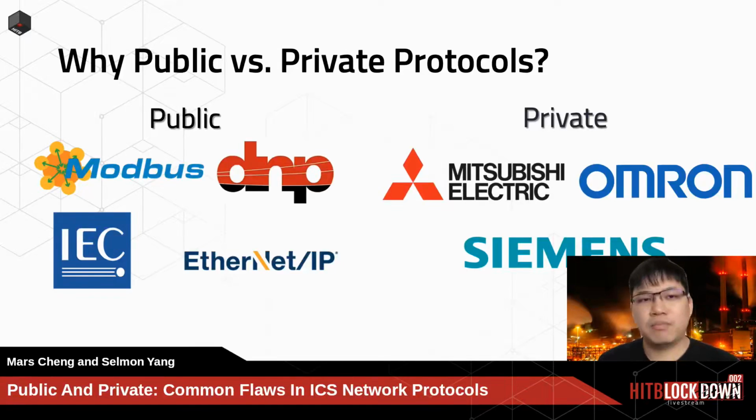And the private protocols, on the other hand, are developed and defined by various industrial control vendors. Basically, the contents and the specification of the protocols will not be disclosed to the public. It means that attackers usually have to use time-consuming reverse engineering or network protocol analysis if they want to write exploit code. So it's very time-consuming if they want to perform attacks on private protocols like Omron, Mitsubishi, Siemens S7.